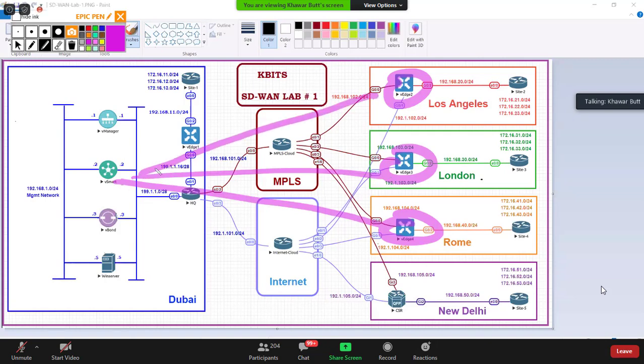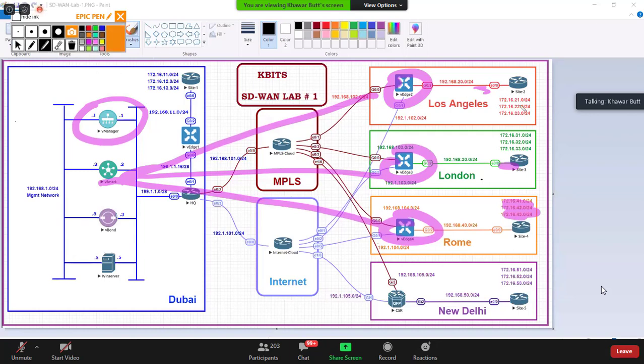And once this is done, they exchange the routes from each other. So all this configuration is centrally managed. Configuration is centrally managed by vManage, but the actual OMP tunnels are set up between the vEdge and the vSmart. So all these routes that I have inside, if you take a look at my routes in